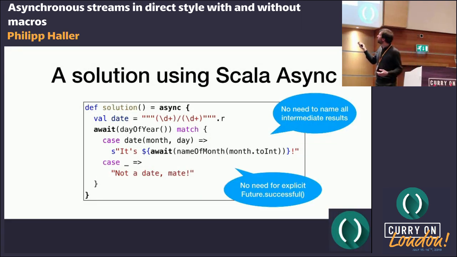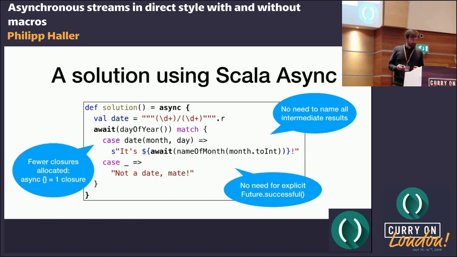Also, here, we don't have this explicit future successful invocation, right? And I would say this is actually kind of a low level, almost like an implementation detail, that we're constructing a completed future. It leaks through that we have this flat map operation, and it's nice if you don't have to do that.